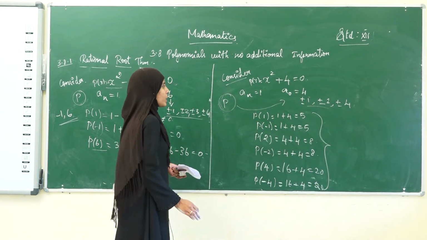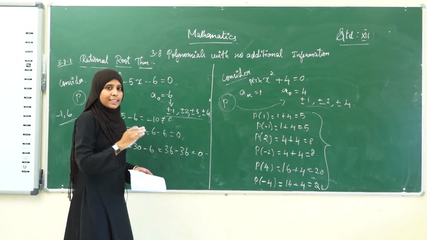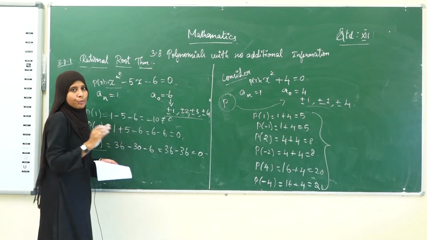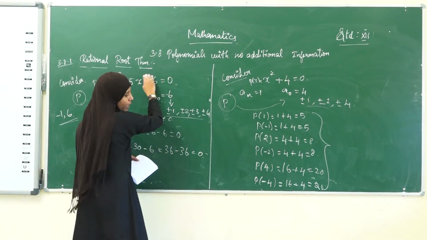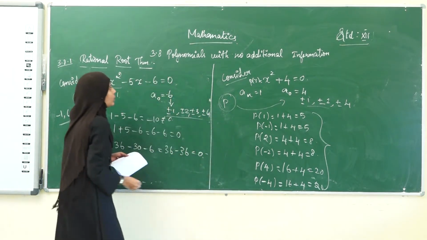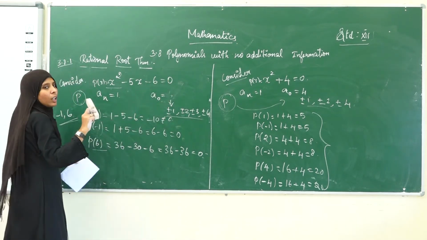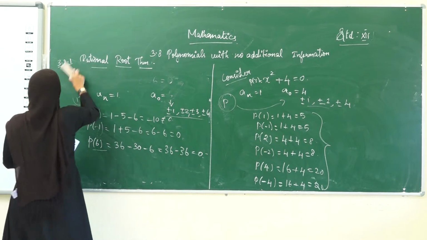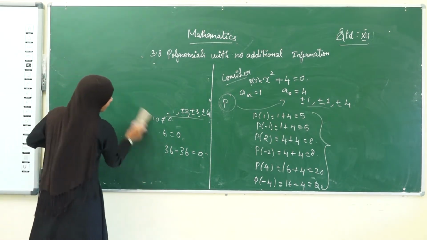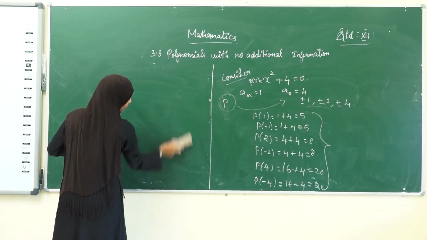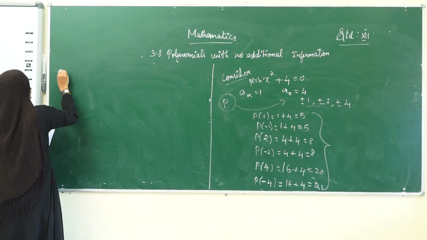Therefore, what they have said is, this rational root theorem will not give the exact solution, it just helps us to find the solution. So, through this rational root theorem we can't find the root here. Therefore, the rational root theorem only helps us to find the solution. It does not give the exact solution of the given polynomial. Now, we are going to move on to the next example they have given here.